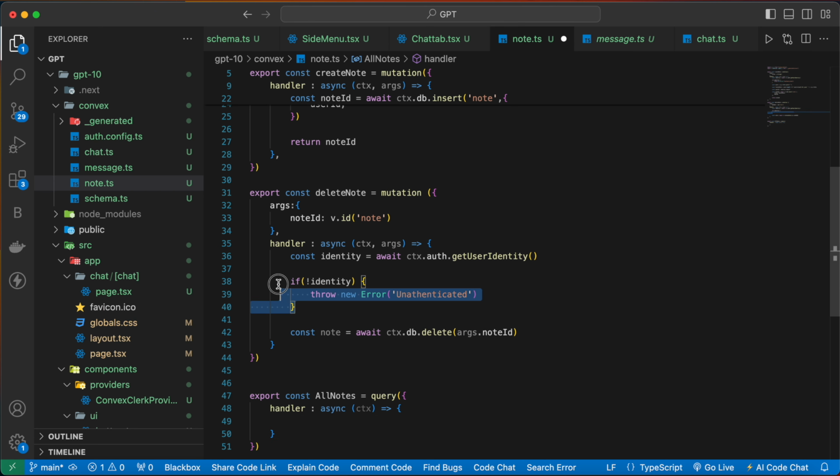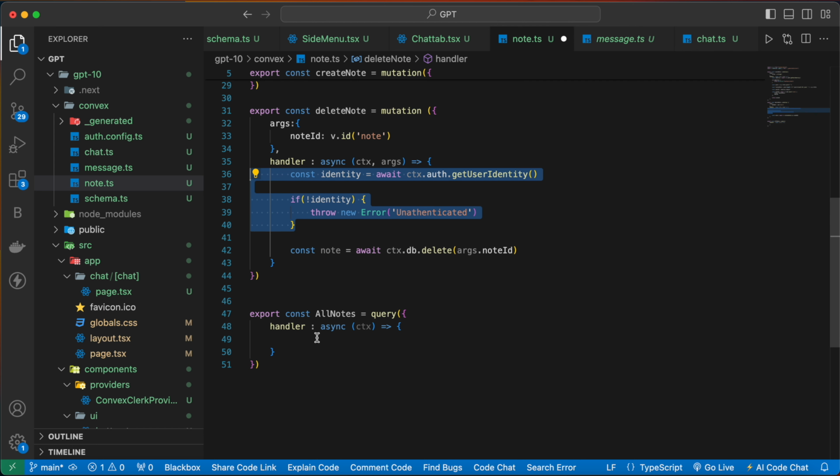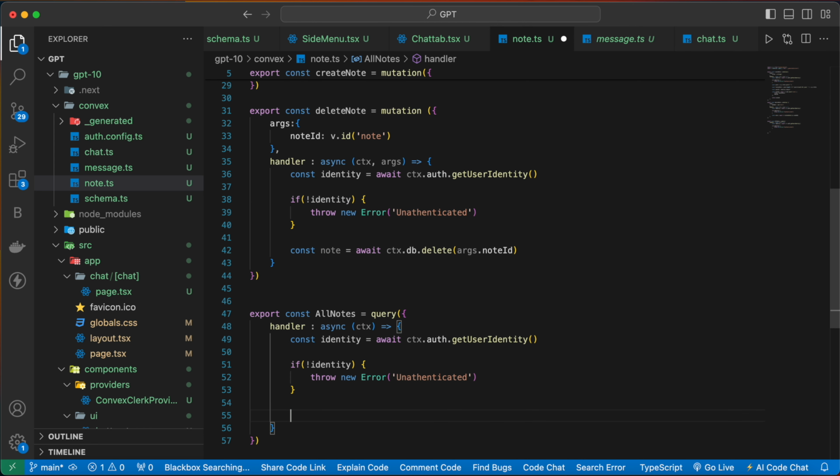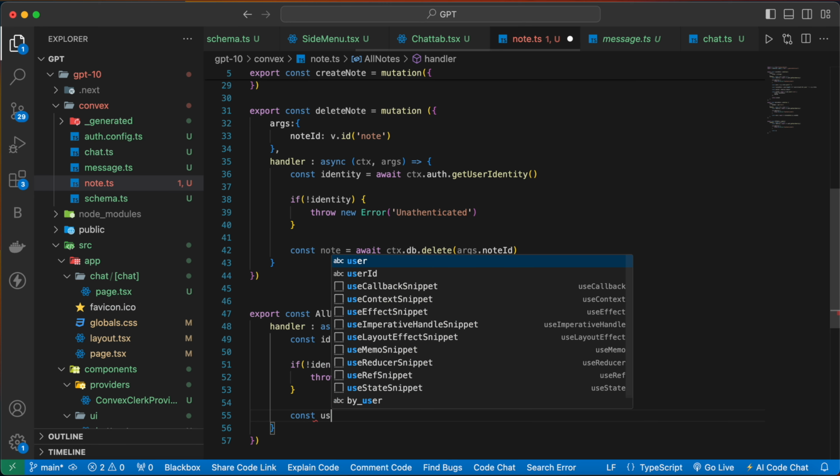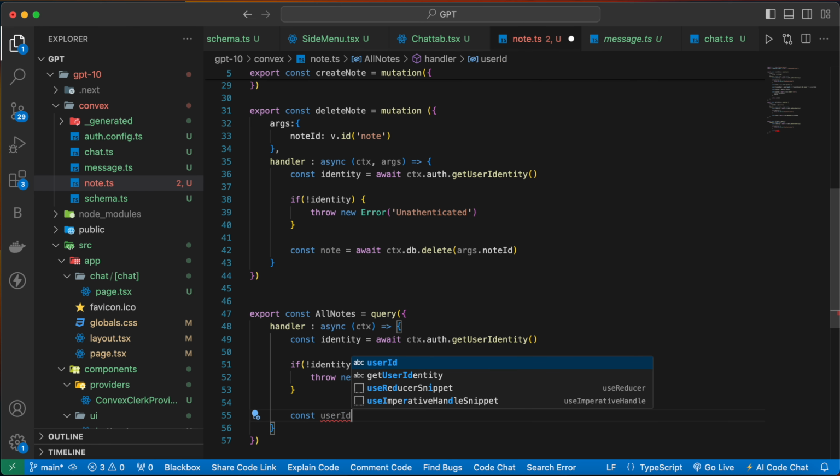Let's check for the identity first, and after that we can get the user id. So we can write const user id, since we are going to get the all nodes based on the user id. We don't want to get the nodes for all the users, so we can get first the user id,